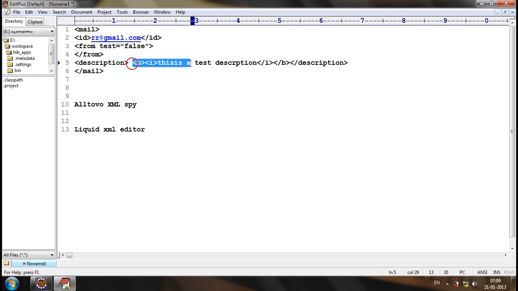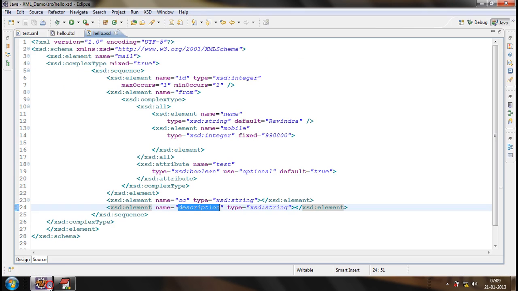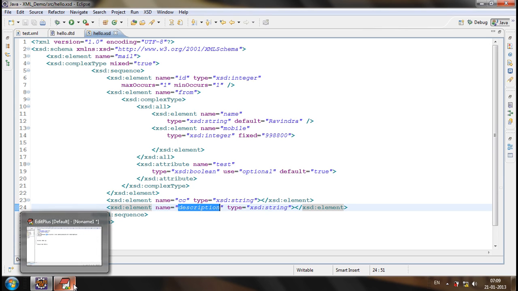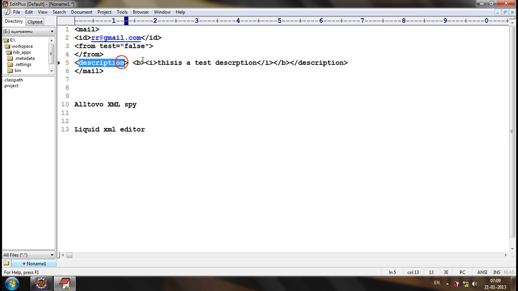But is that possible with a normal XML tag? Is this content possible with a normal XML component or with a normal XML element? No, just because the content of a normal XML element should not have all these things: less than, greater than, single quote, double quote, and all these things. By default, it will be a normal XML component where mixed content is not allowed. But if mixed is equal to true for a complex type, then along or across that element, okay, we can have